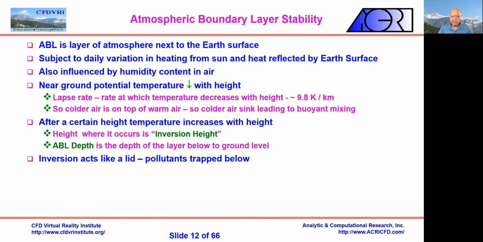So if you live up in the hills above about 5,000, 6,000 feet, you perhaps have less pollution than people like us who live at the ground level in LA. So inversion acts like a lid. Most of the pollutants get trapped. There are some that escape, right? Like ozone, some of the chemicals, CFCs and all that can escape from here and destroy the ozone layer. But many of the others stay trapped. But I would say most stay trapped, okay?